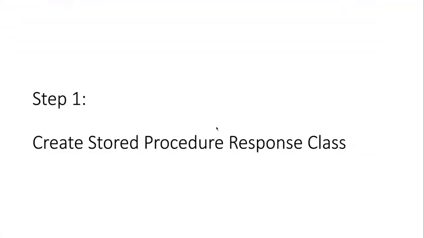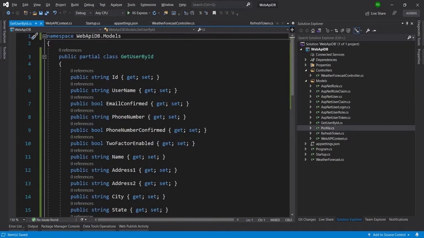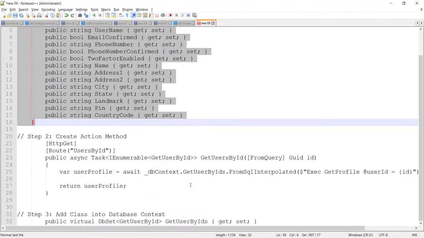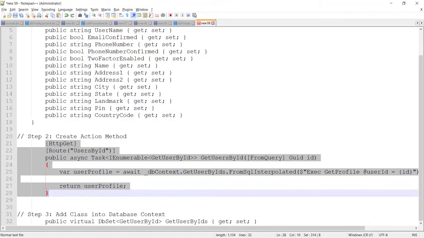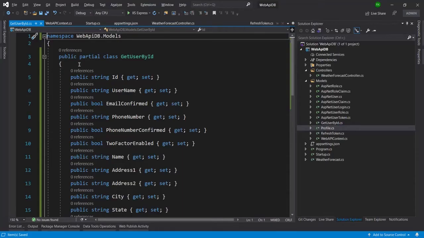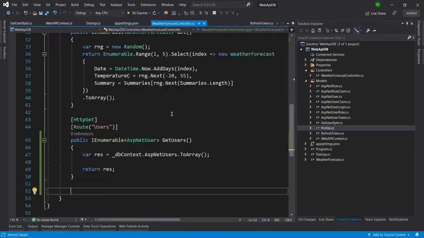Okay, so the next step is to create the action method. To create the action method we need to copy this action method from here. I will explain about this. Just let me first copy this, and I need to create the action method inside the controller class, and let me first paste it here.